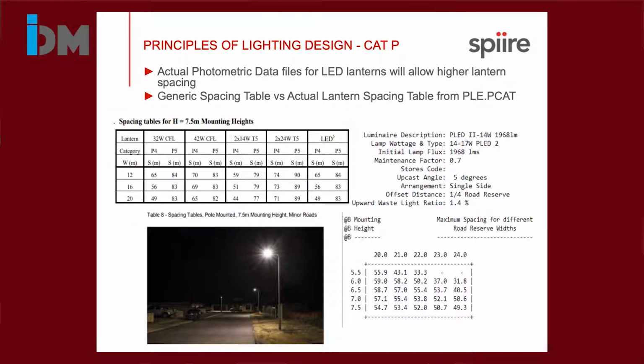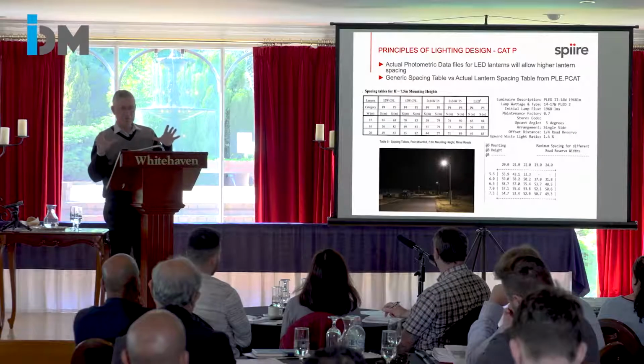In assessment of lanterns, lanterns are supplied for use and approved by the supply authorities with a photometric data file, which basically means the lanterns are tested in the laboratory, and they will move that lantern through every conceivable orientation possible while it's operating, and then measure the light output as it's moving through all the planes in every direction. And then they'll come up with a photometric data file,